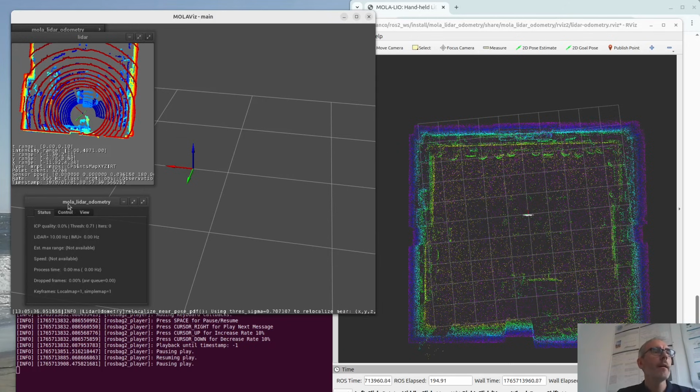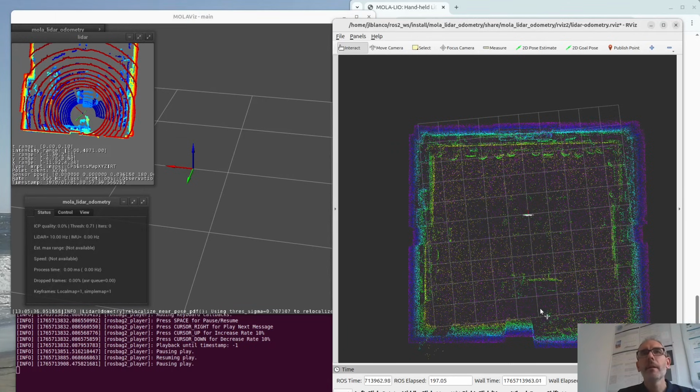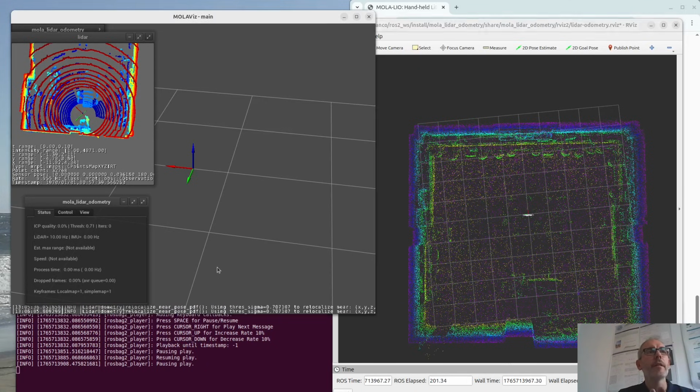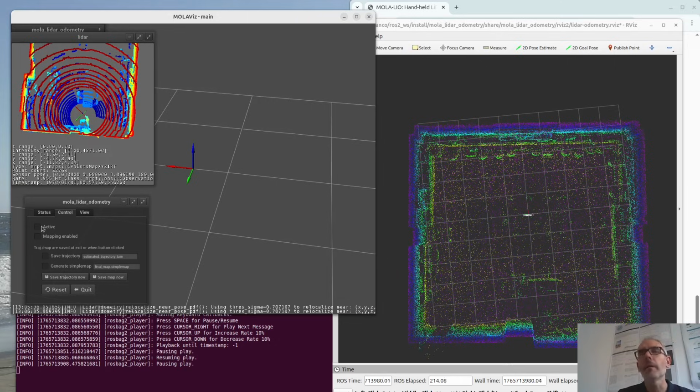Okay. So right now, we have already clicked here for initialization, but you can see nothing. Well, you can see the message here, relocalize near this pose. This means that the topic has reached MOLA and it is now waiting for the incoming data and also to be enabled, like active here.